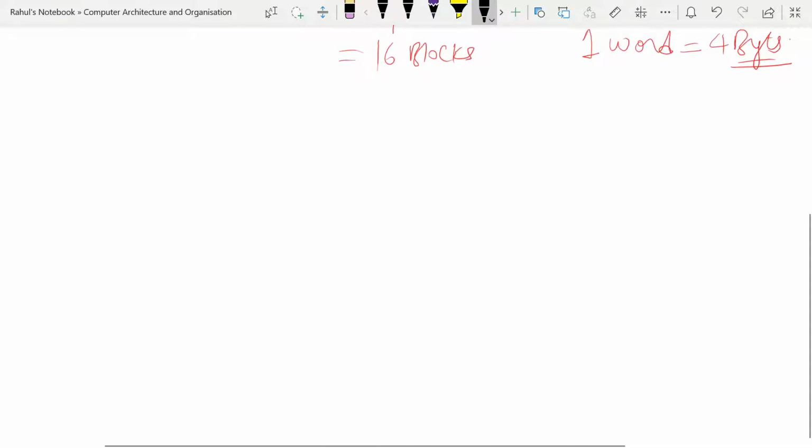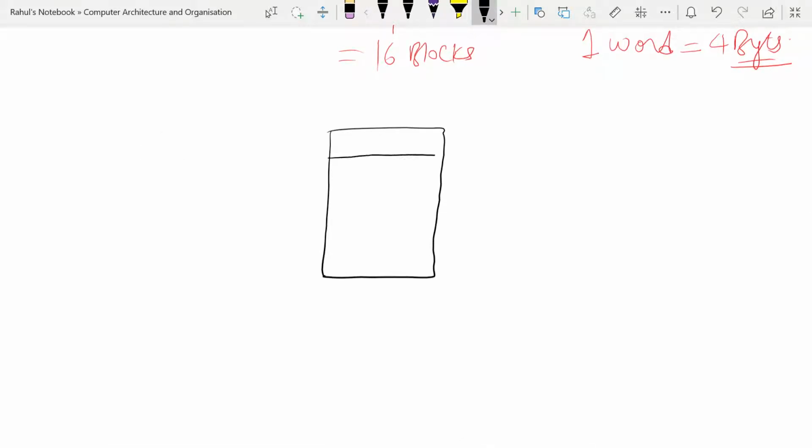So basically this is our cache, and it consists of four lines according to our problem, and to each line some tag bits will be there. These are called tag bits. Okay, this is called tag bits. So what are tag bits now? You have to understand it like that.